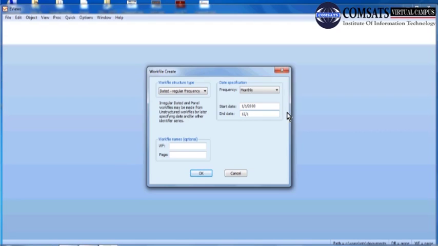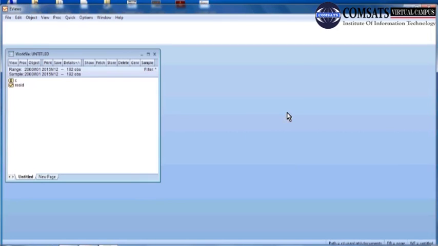12/1, or we can also generate 12 slash 30 slash, suppose it is 2015, and if I press enter, the monthly data is generated.